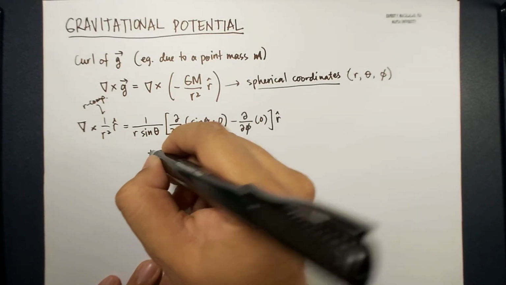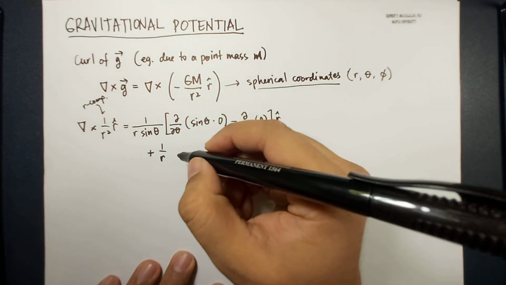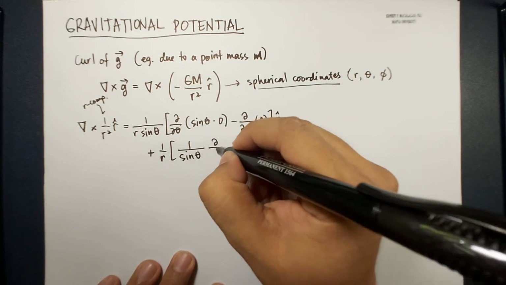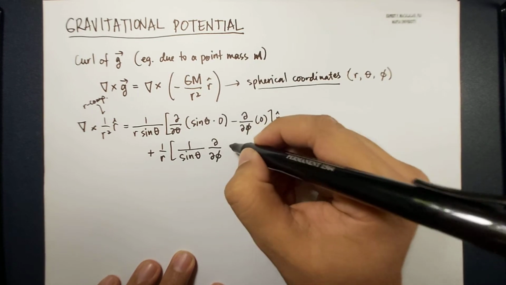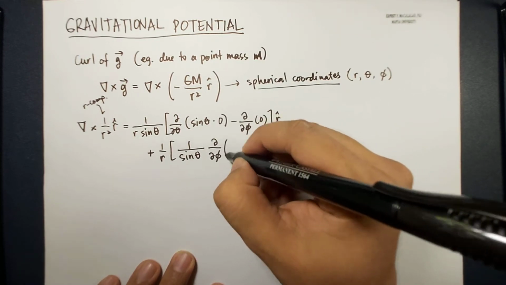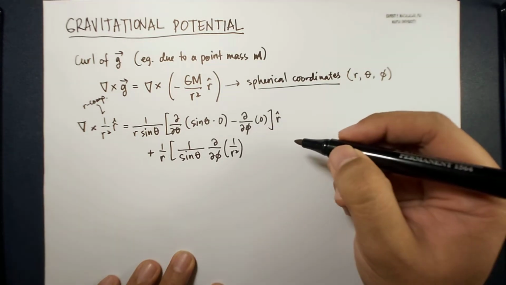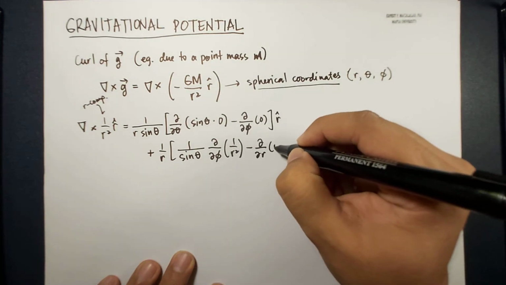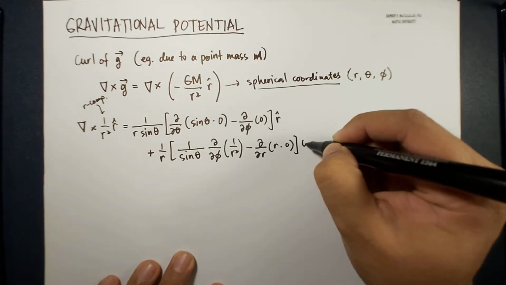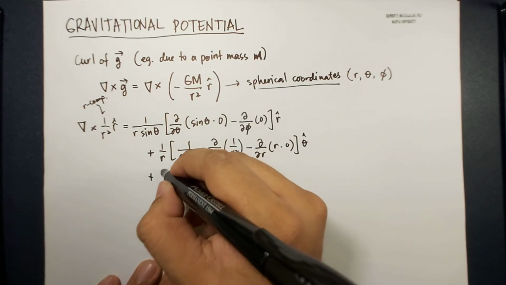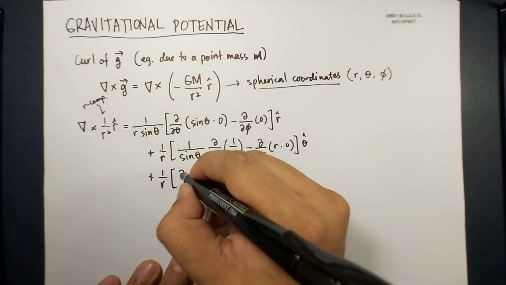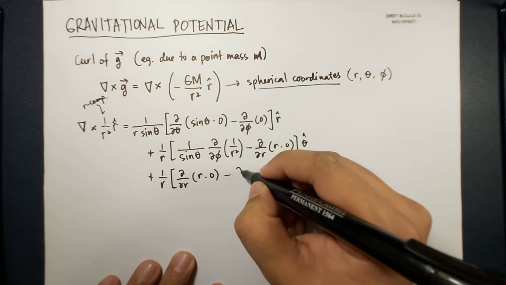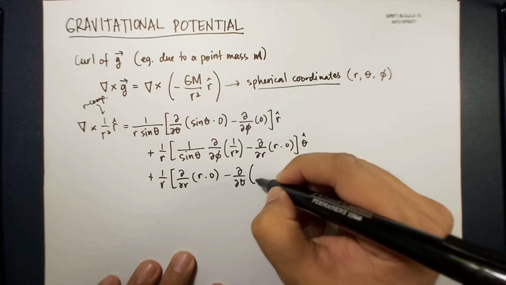Then plus 1 over r times 1 over sine theta times derivative with respect to phi of 1 over r squared, minus derivative with respect to r times 0, theta hat, and then plus 1 over r of derivative with respect to r of r times 0 minus derivative with respect to theta of 1 over r squared,